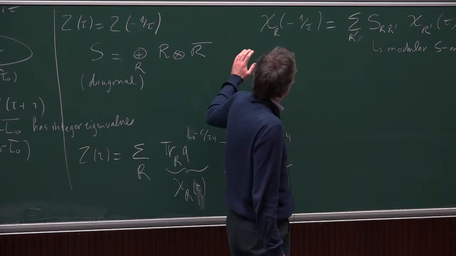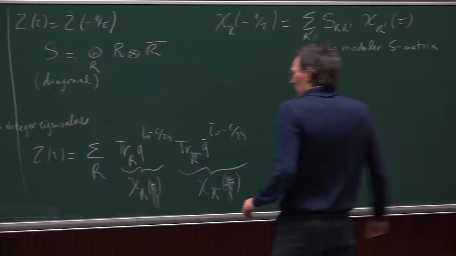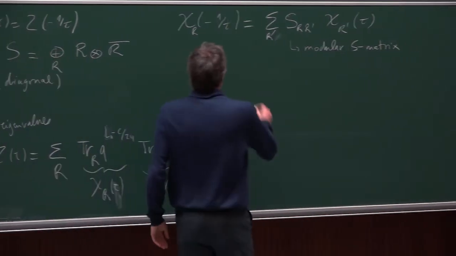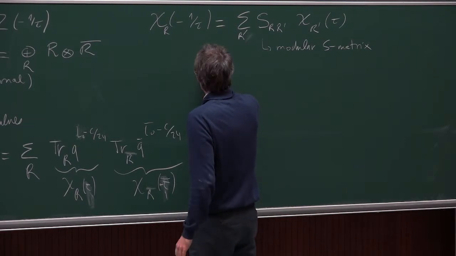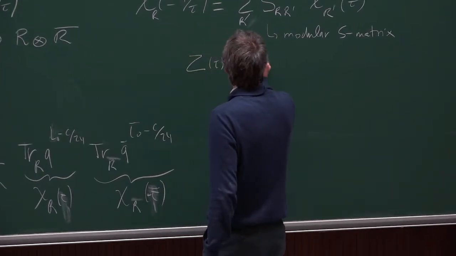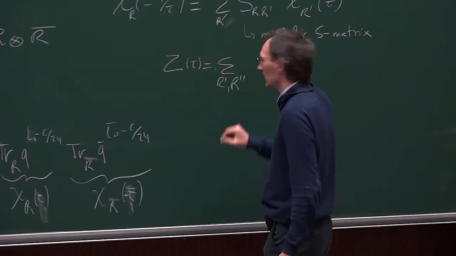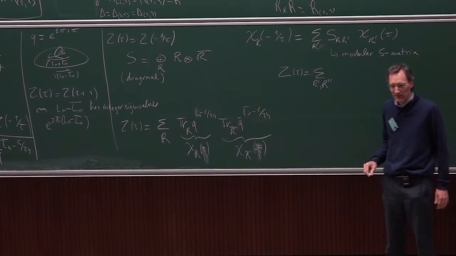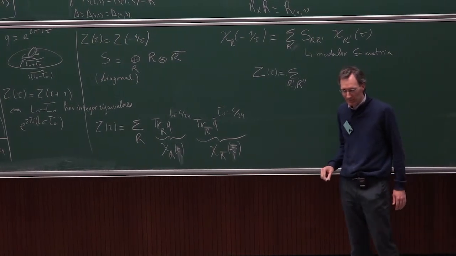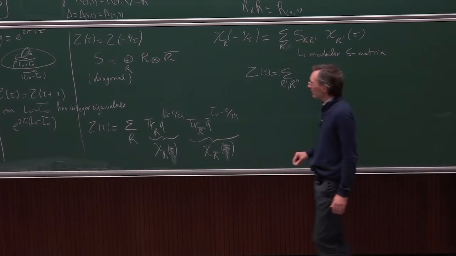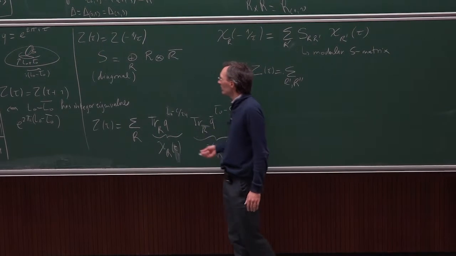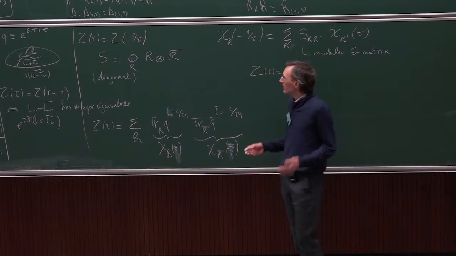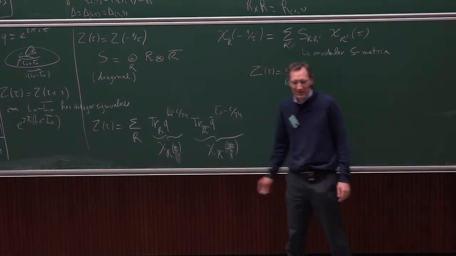So let's assume then that we have such a relation, and if we insert it into this partition function, we'll obtain the following: Z of tau equals sum over R prime, R second. Yes? Are you assuming that relation, or are you proving that it's a consequence of Z of tau equals Z of minus 1 over tau? Yes, well, it's a consequence, but provided we make extra assumptions, like we restrict to some class of representations. So here, for simplicity, let's say I prefer to assume it.